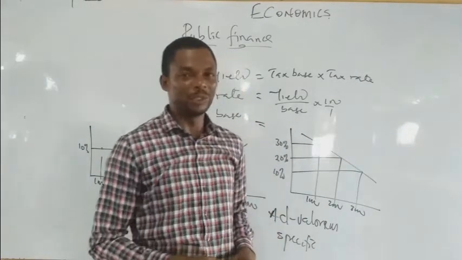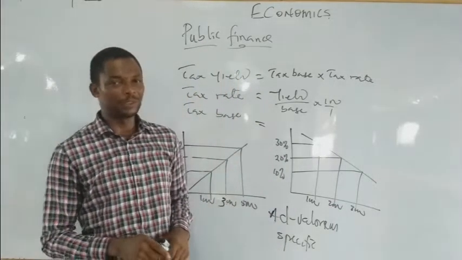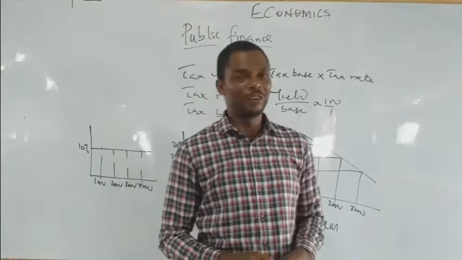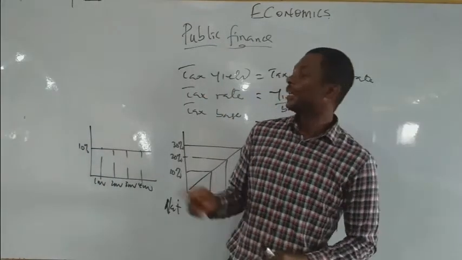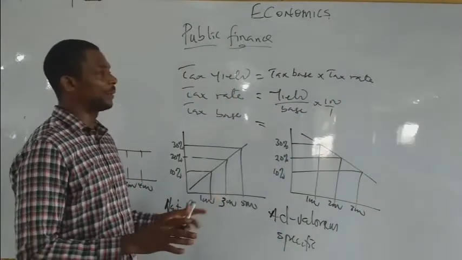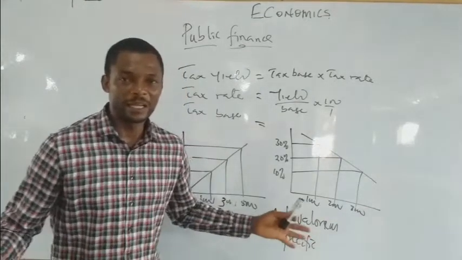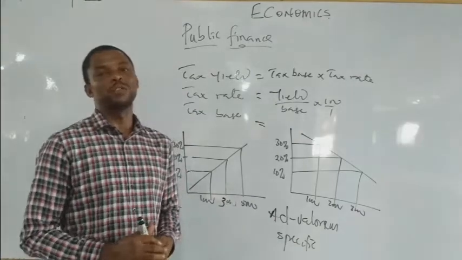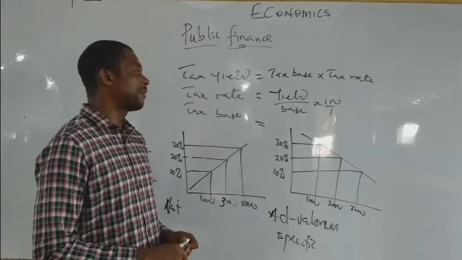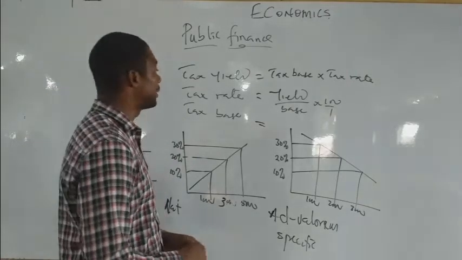What is the deficit budget? When the anticipated revenue of the government is less than the proposed expenditure. That is, the proposed expenditure is greater than the anticipated revenue. Do you understand that? Then the next one is the last one, which is the balanced budget. Balanced budget is when the anticipated revenue of the government is equivalent to the proposed expenditure. Such is known or referred to as what? A balanced budget.